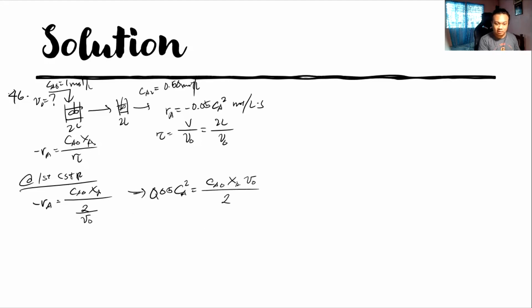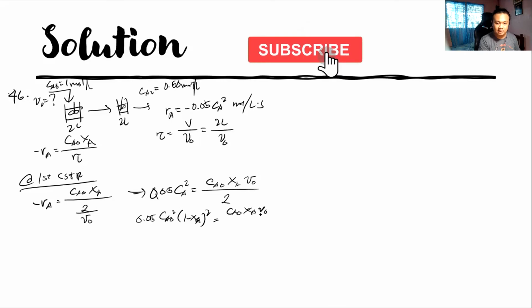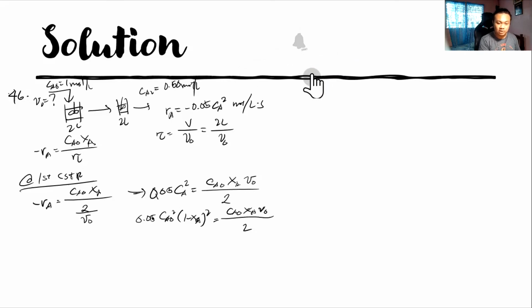Okay? Then we can also transform this in terms of conversion. Squared dayon, so we can cancel siya, and then you can find